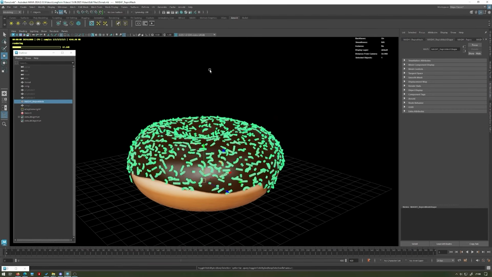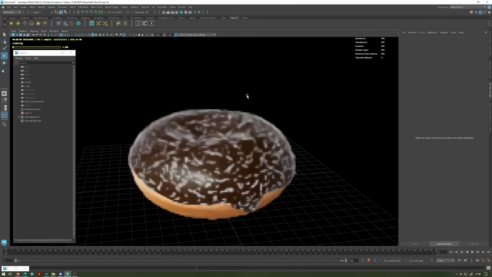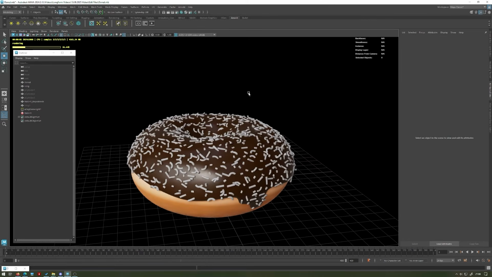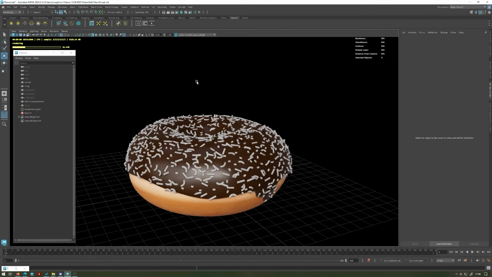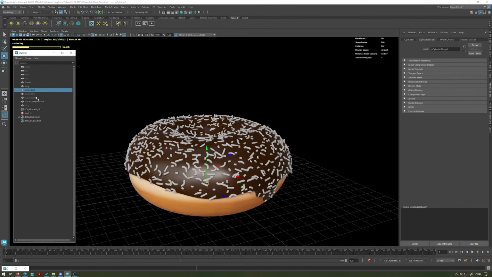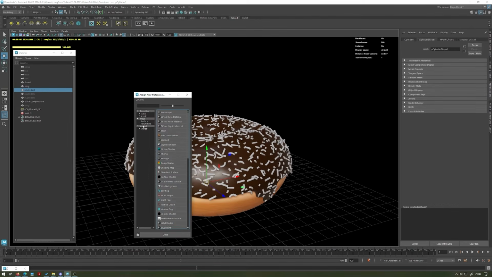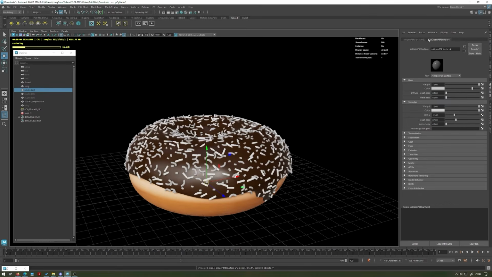So if we go ahead and re-enable the sprinkles, they just have a default gray material. But what if we want these to have all sorts of different colors? So to do that, we can create 3 different shaders. So we have our original sprinkles down here. If I were to add a new material to, say, this first sprinkle here, okay, assign new material, Arnold, and then open PBR surface. And if I just change the color of this to, like, pink,